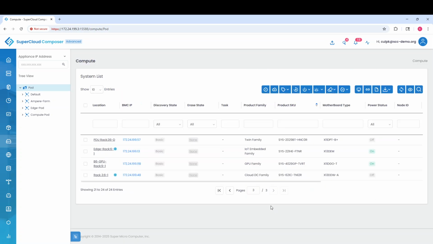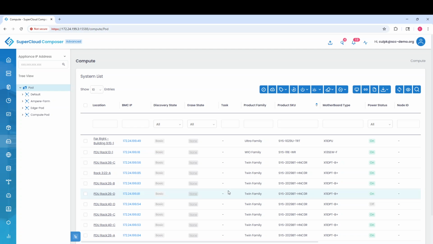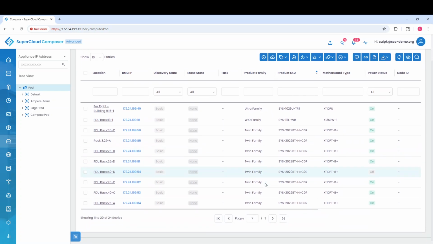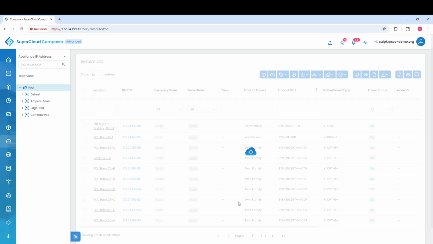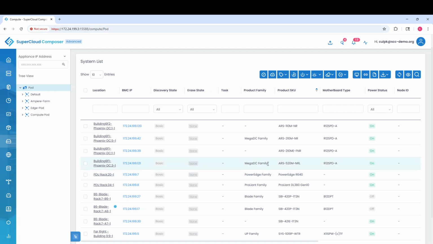Super Micro servers or Ampere servers will be listed here in this list. Then we can perform filtering mechanisms for the Mega DC family. So maybe I want to show the Mega DC family of servers that have been part of that family. I can plug it in here within the product family, or any server for that matter, you can look at. So we can see here now that there are